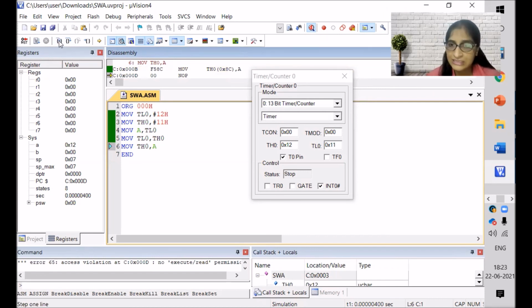So today we have seen how to do the swapping instruction, and one more thing: how to see the output in the timer and how to see the timer output in our window. By clicking on peripheral, we can take either timer 0 or timer 1. Done. So I'll stop sharing my screen.